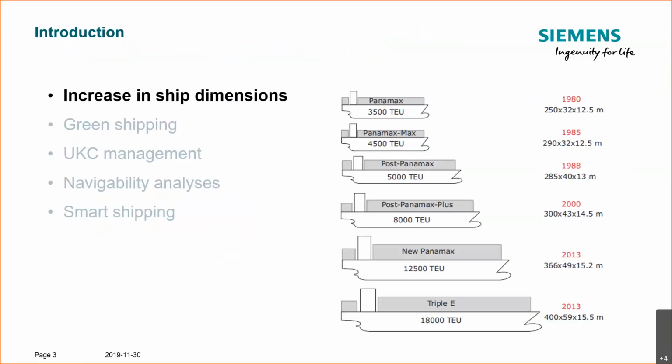So if we look at ship maneuvering prediction, we can definitely see an uptick in the interest in this topic over the past, I would say, almost 10 years. So why is that? The first point is the increase in ship dimensions. Let's take a look at container ships. If we look at the Panamax class of 1980 with 3,500 TEU, and then take that all the way to 2013 when the EEE class with close to 20,000 TEU came about,